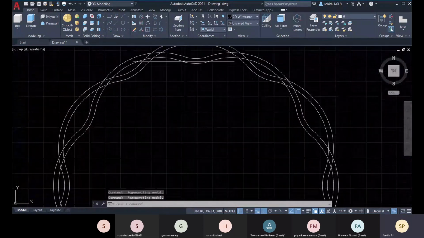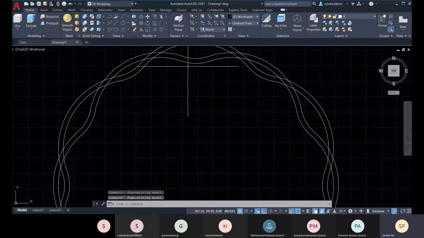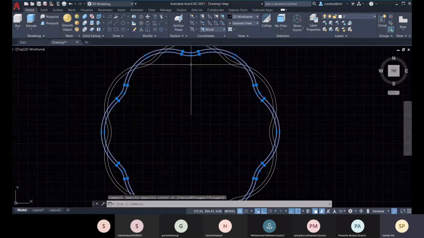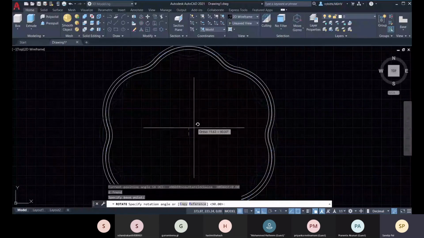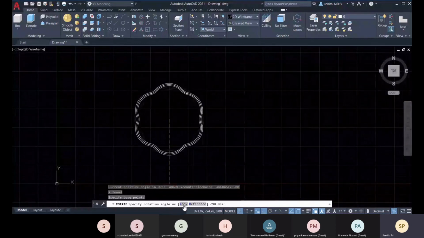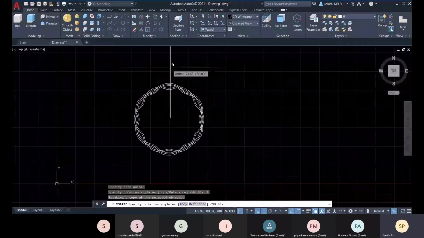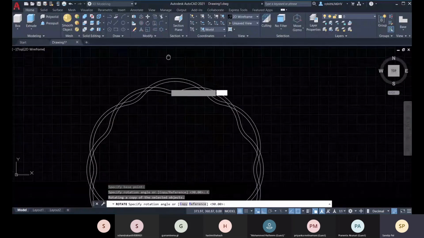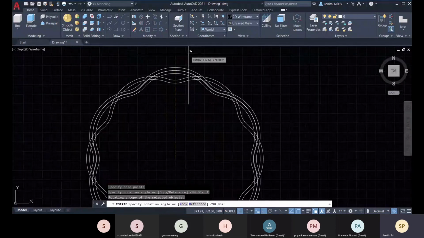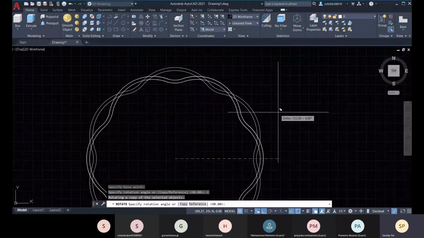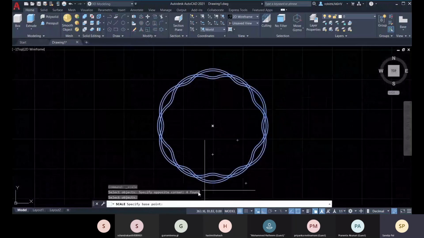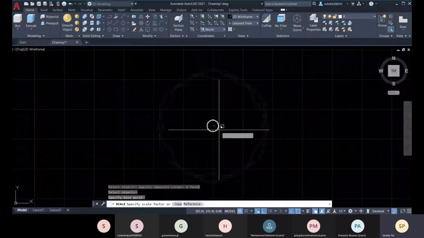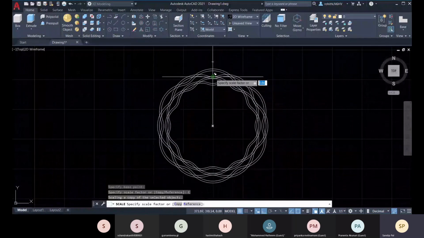So this one you select, go for rotate, enter, base point, and then you go for copy and what you can do is directly you can scale this to the base point, then you go for copy and then you select this.